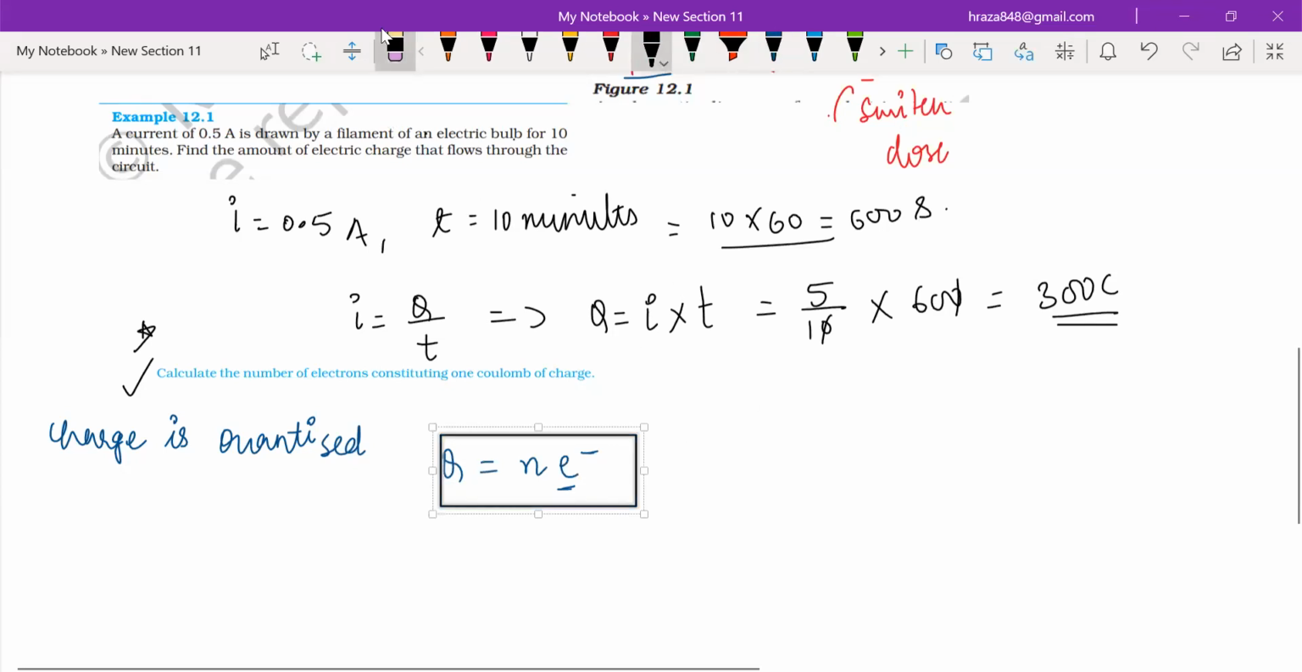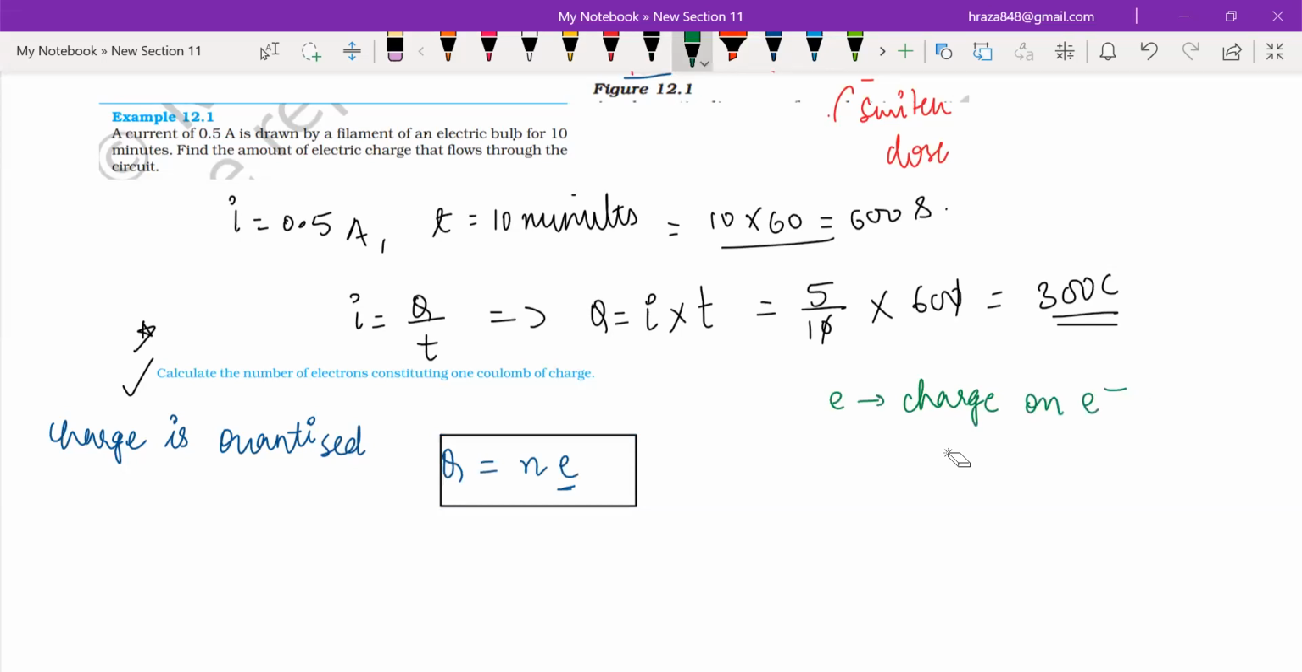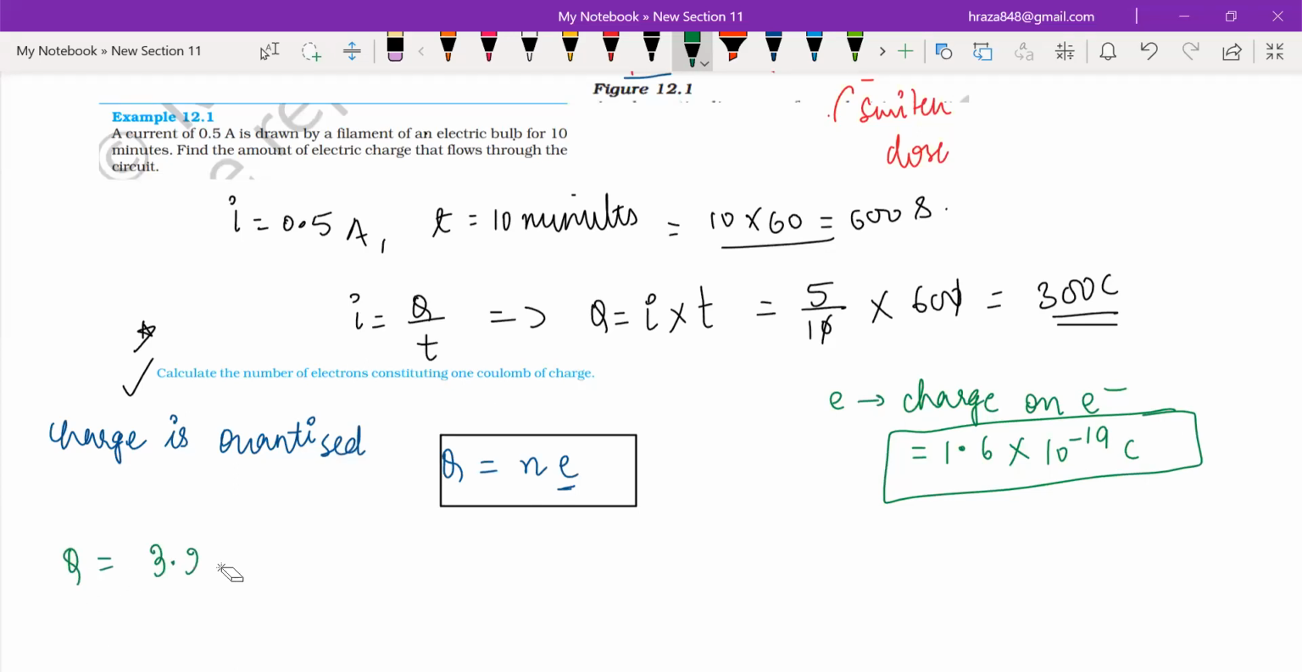Just see. Do you know what this e is? e is basically the charge on an electron, which is 1.6 into 10 raised to the power minus 19 coulomb. Okay. Now, if I say that Q is equal to 3.2 into 10 raised to the power something coulomb,